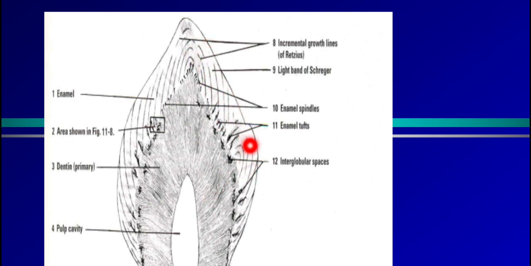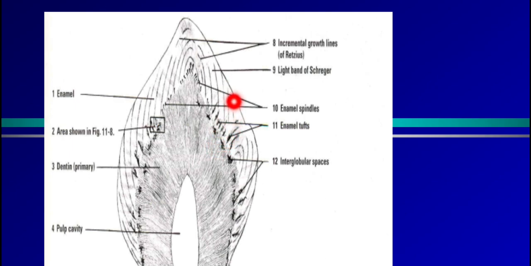Okay, so enamel is the hardest substance. Here this is the dentine in the form of tubules. These are the lines of the red sears. These are the dentine tubules, radiating from the pulp cavity. The pulp cavity is lined by cells called odontoblast cells. The odontoblast cells send protoplasmic processes within the dental tubules. These protoplasmic processes reach the dentino-enamel junction, and they form the enamel spindles.